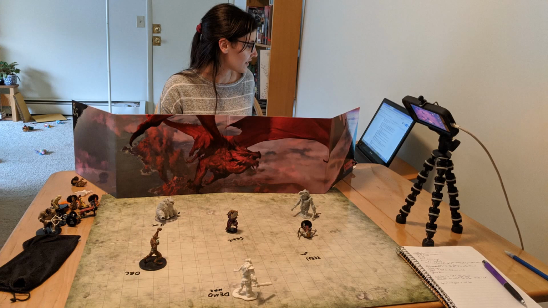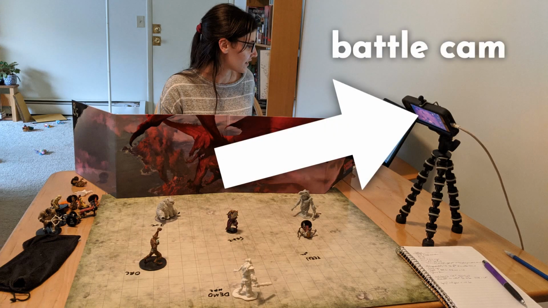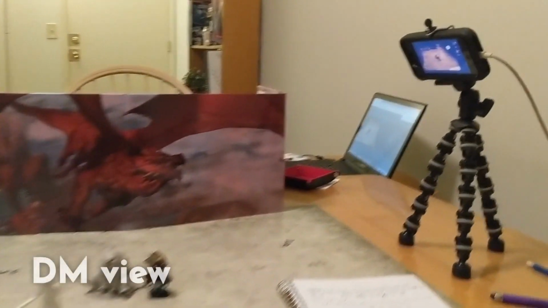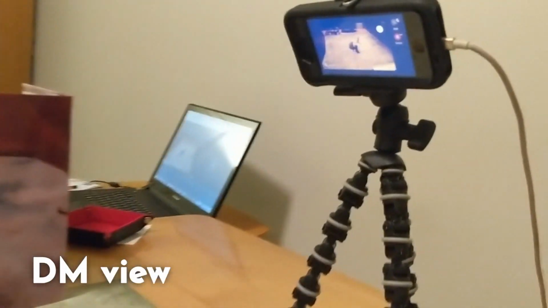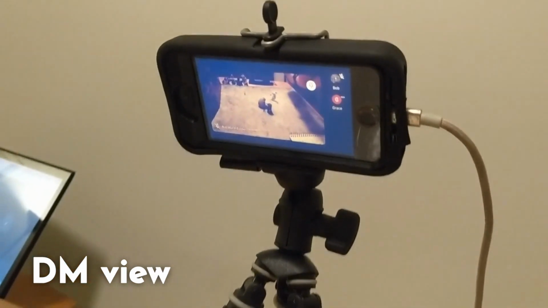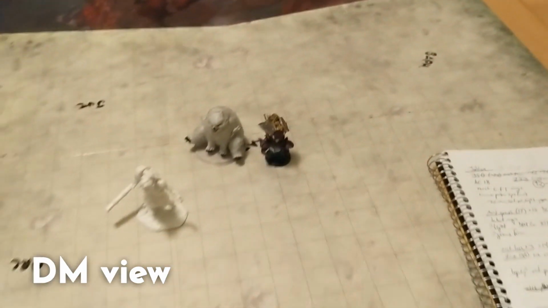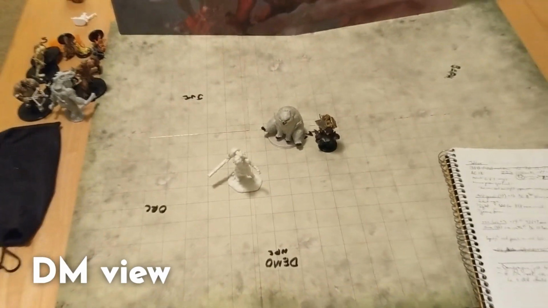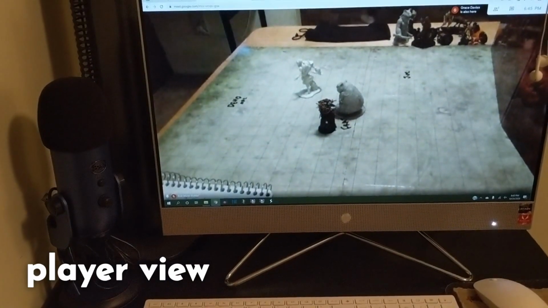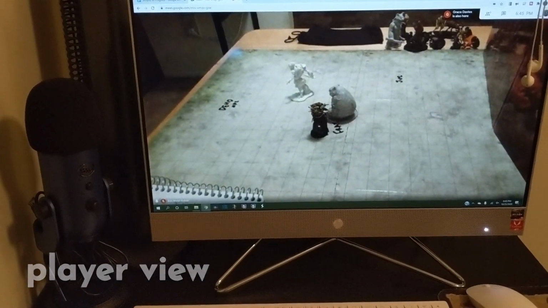Number 1. The Battle Cam. We mostly use this in Grace's Out of the Abyss campaign, which tends to have more dynamic combat. Basically, the DM or a player can log into the meeting using their phone and position it over the grid so everyone can see the map and minis. Whoever is controlling the battle cam also moves everyone's minis on their turn, and everyone can pin the battle cam window to their screen during combat.